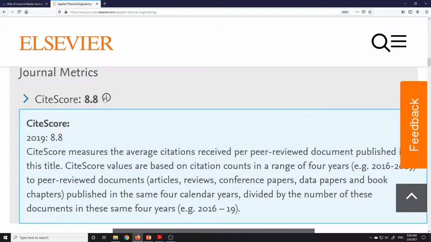Only this one. In the sense of Applied Thermal Engineering, how many times it has been used by other researchers to cite their work related to your work. You can see here articles, reviews, conference papers, data papers, anything.